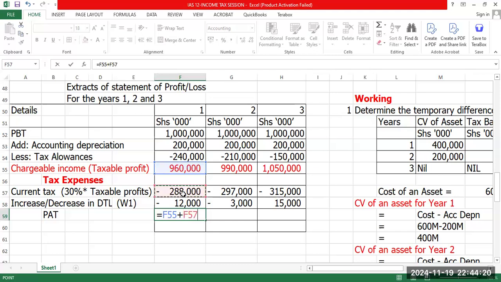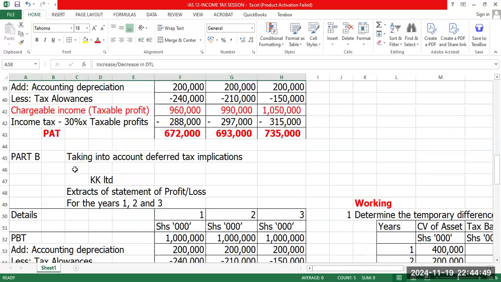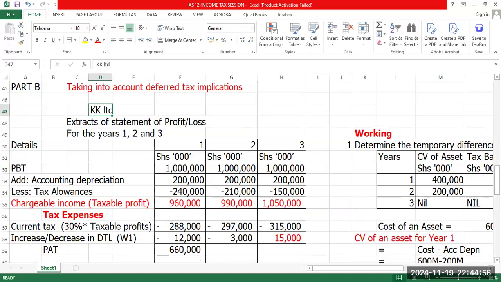Excuse me, Abby. Yes. That's why you have the 15 in the last column for year 3? Pardon your question? The 15,000 in year 3, you are not understanding where it is coming from. Why do you have 15? Why do you even have that whole row of increase and decrease? Because we are putting into consideration the deferred tax implications. Because of these differences here,